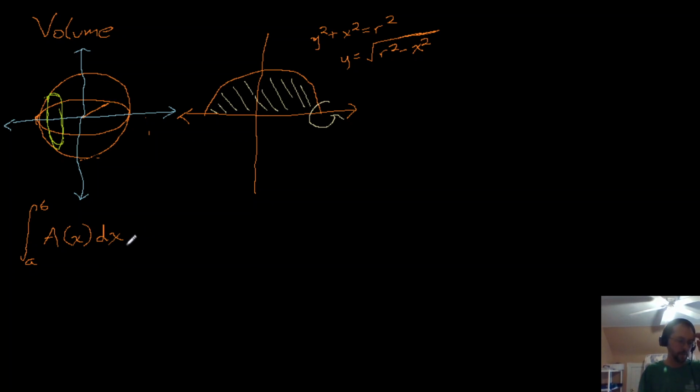And this will give us the volume. And so what we're doing is the volume equals, if we have an area and we multiply it by a height, or in this case, since we're moving from left to right,